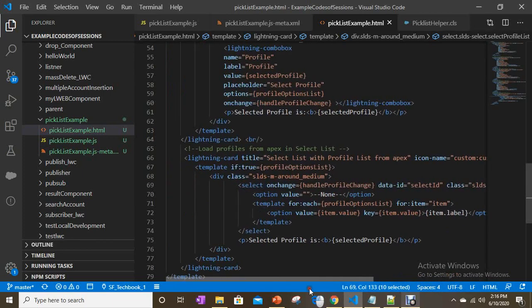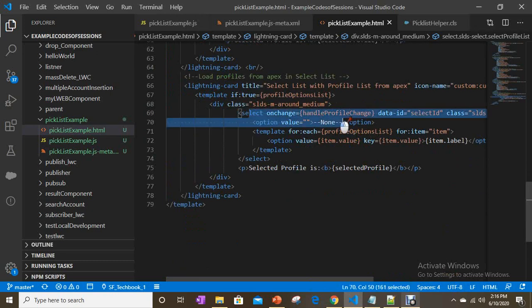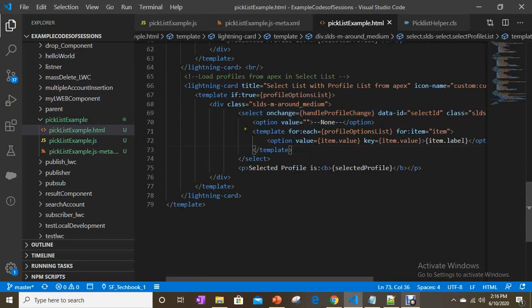We don't need to worry about it. And options none, it will be by default. And I'm preparing options with the help of for:each. In for:each, I give the profile options list, which is an array, and item.value, item.label. When you use for:each, the next element should have a key attribute.